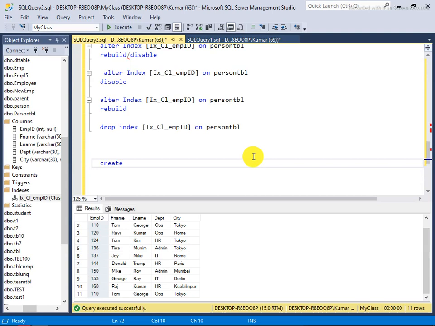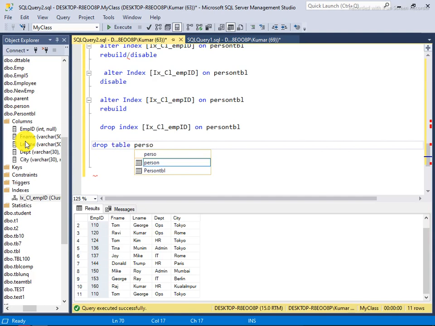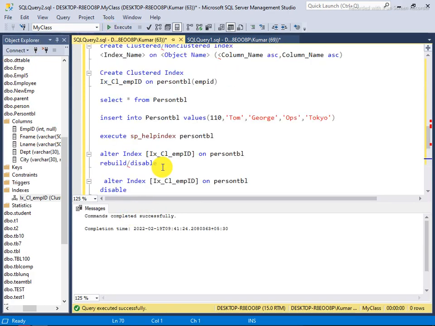I create a table again. Okay, no issue. I drop this table, and I will use drop table again. Drop table, I say person table. I execute it and the table has been deleted.